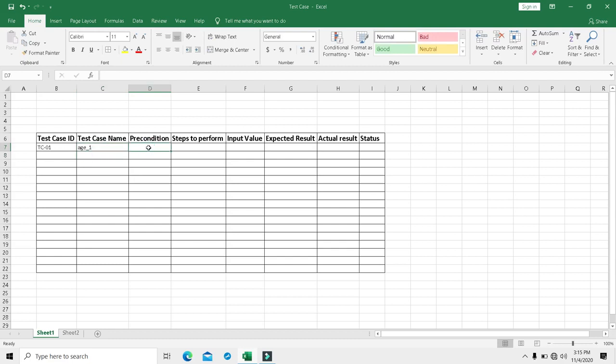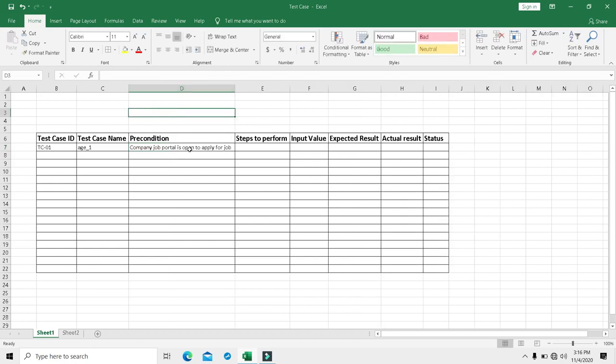The precondition of my test case is that the company job portal is open to fill, open to apply for a job. So the job portal should be open for the candidate to apply for that particular job.